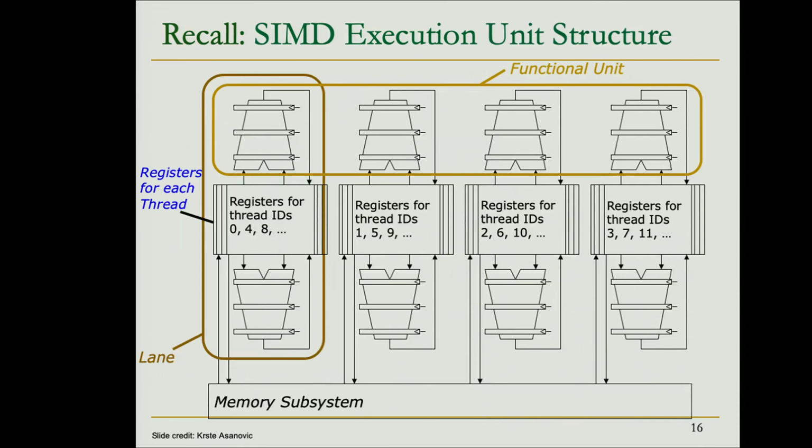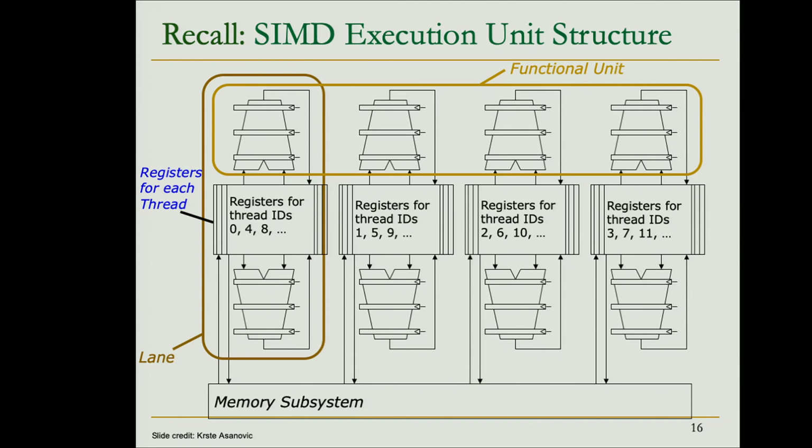How do these SIMD lanes look? Each of these is going to be one of these SIMD lanes. We may have several of these functional units, and the operands are going to be provided by the register file. The register file has in total a certain size. This is the number of registers that we have inside each of the GPU cores, and what we do when we map the threads onto these GPU cores is that we need to partition this register file and assign each of the threads as many registers as it needs, obviously, as long as we have enough registers for that. And we are also going to talk about that availability of registers and how much it impacts the overall